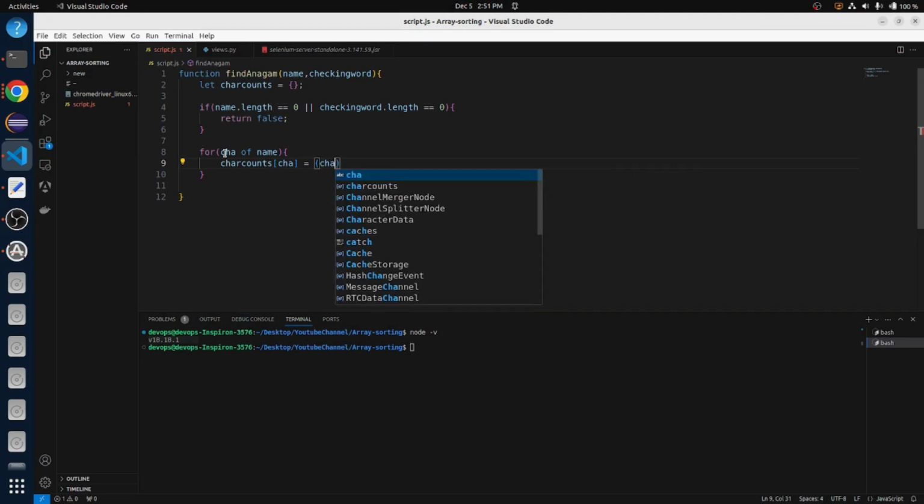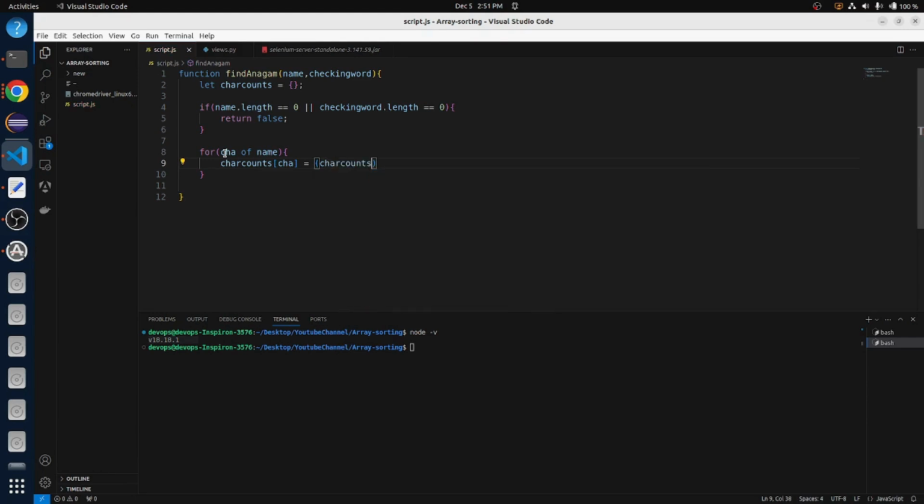So what is the topic? Char counts. If the char count is 0, or if it contains any number, we have to add +1 to that. Every time, from line number 8 to 10, what it does means